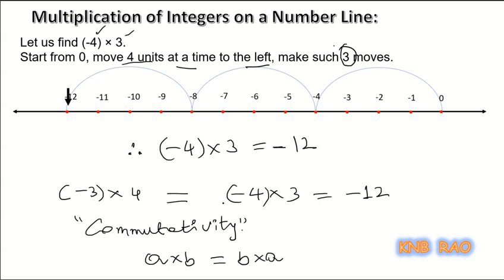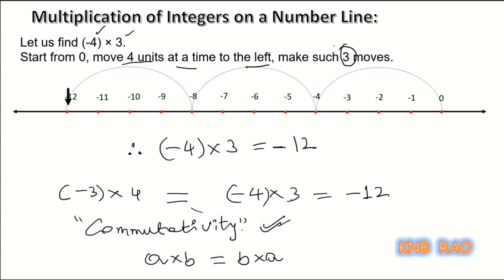Now the same thing is happening here even for integers. You could observe that whether I multiply 4 by 3 or 3 by 4, but provided here negative sign is not there for this 3 that I have taken. I just changed here. Students, we are going to learn the product of any two integers will also follow the same commutativity. These properties you will be learning in your class 7th anyway.